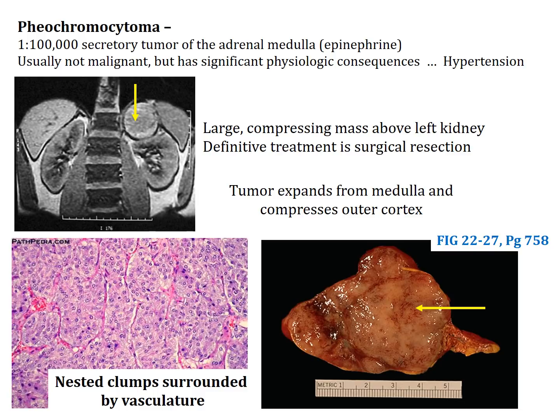There is a histologic view of what a pheochromocytoma looks like, and there is a surgical specimen where the adrenal gland has been removed. Remember, the adrenal gland is kind of like a triangular shaped organ, and then you can see that big tumor right in the middle. It starts in the medulla and it grows, and it kind of grows outward. And again, it's not cancer. It's a benign tumor, but it does have physiologic consequences.